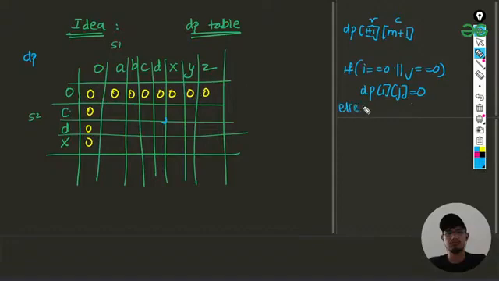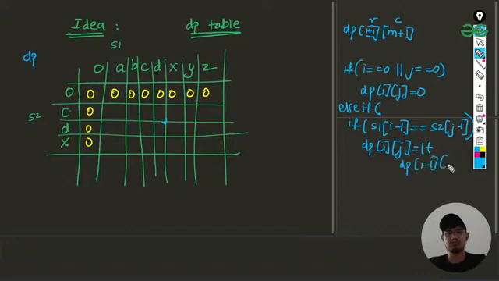And in the else condition, the important check is if s1 of i minus 1, this is just for iteration, is equal to s2 of j minus 1. If that is equal, in that case we'll be updating our dp of i j to 1 plus dp of i minus 1 j minus 1.